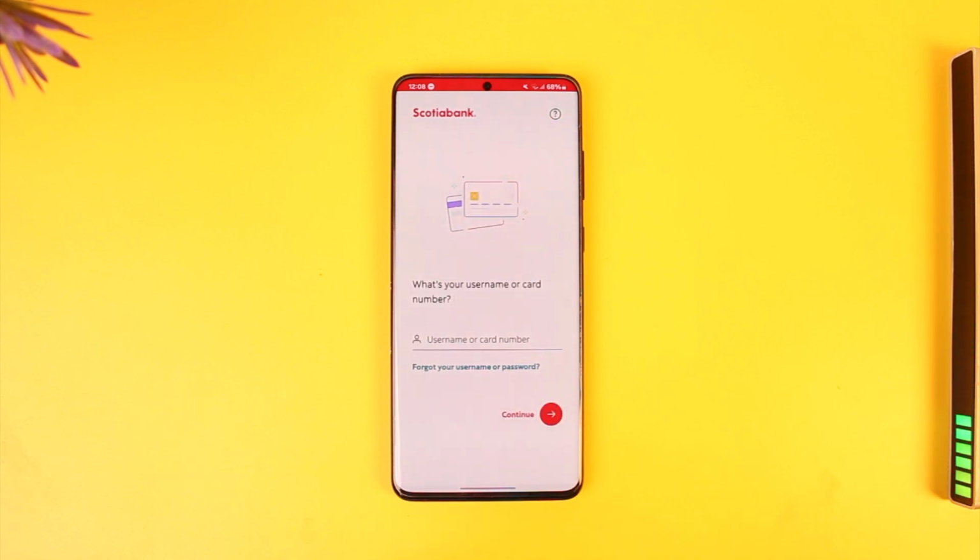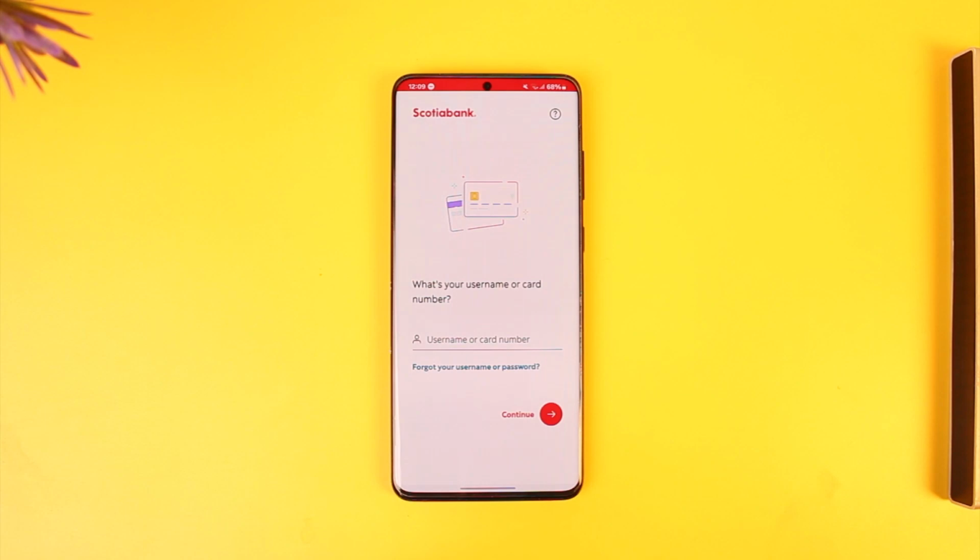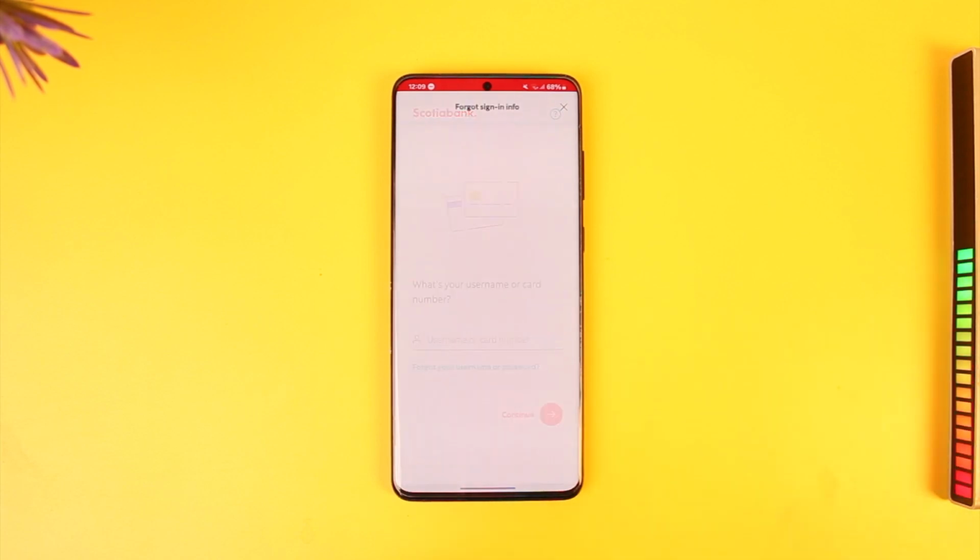All you have to do is simply make sure to enter the username of your mobile banking account or the card number. Once done, tap the next option. It will take you to the page where you can enter the password and then you can log into your mobile banking. Now in case you happen to forget your credentials, you can tap on forgot your username or password